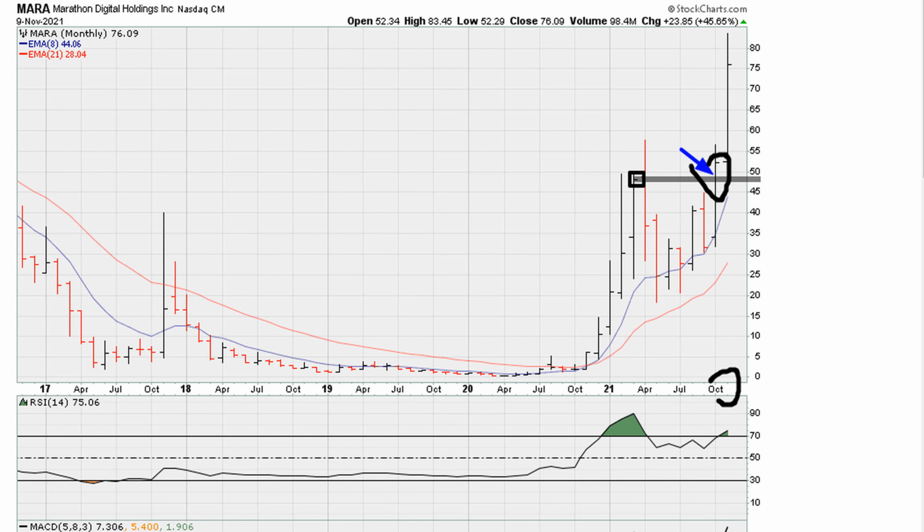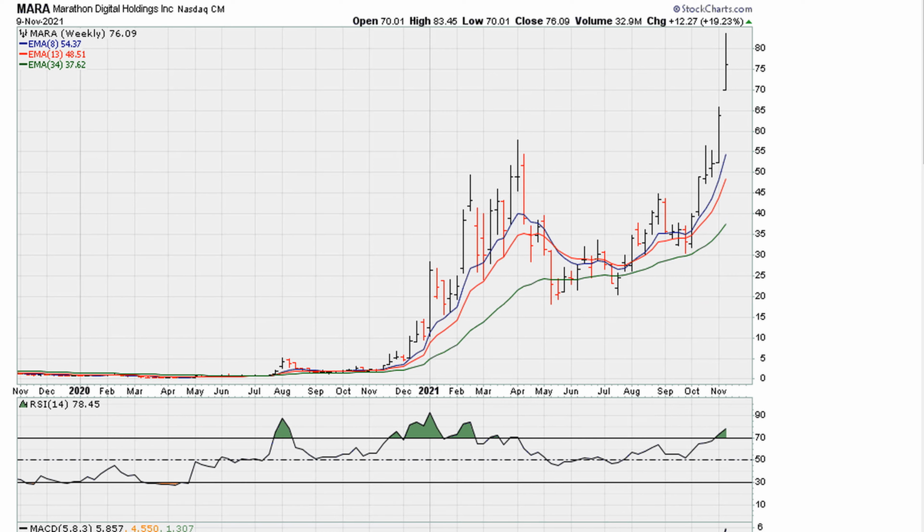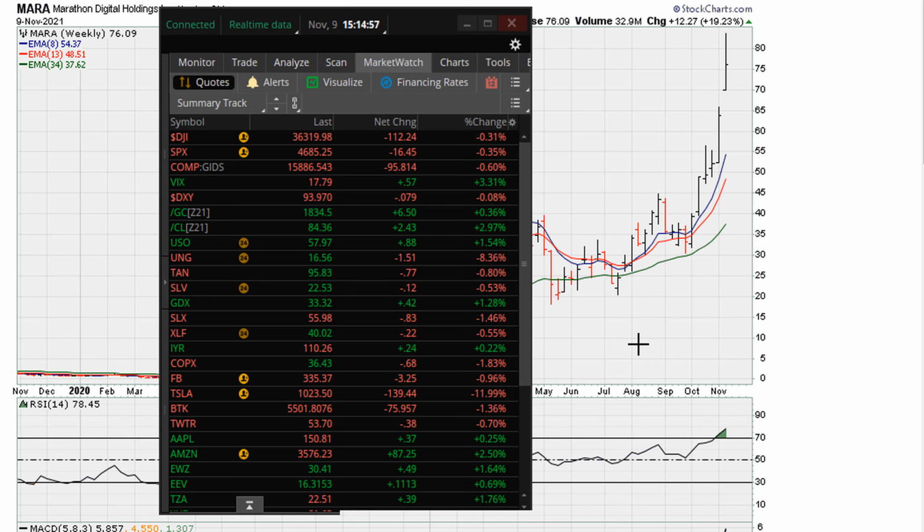And this is the monthly view. This is the weekly view, and it too is a thing of beauty. So if you know what to look for, as I just demonstrated, it is not that out of the realm of possibility to own instruments before they explode. It is something some of us do for a living. And I bring 20 years of experience, so whenever I see it, I see it. I've seen it thousands upon thousands of times. Okay, I know I digressed, but I do apologize.